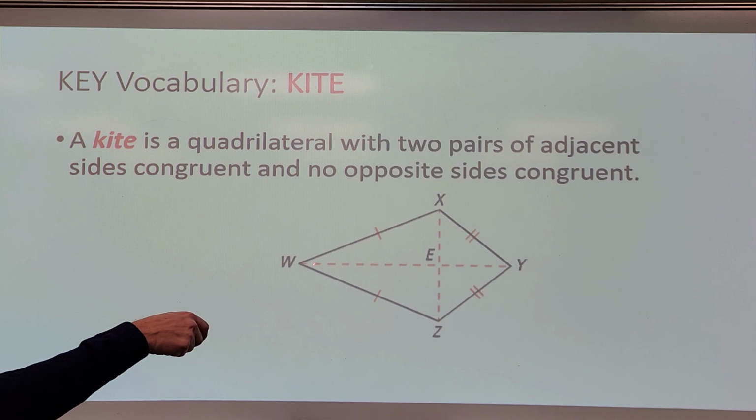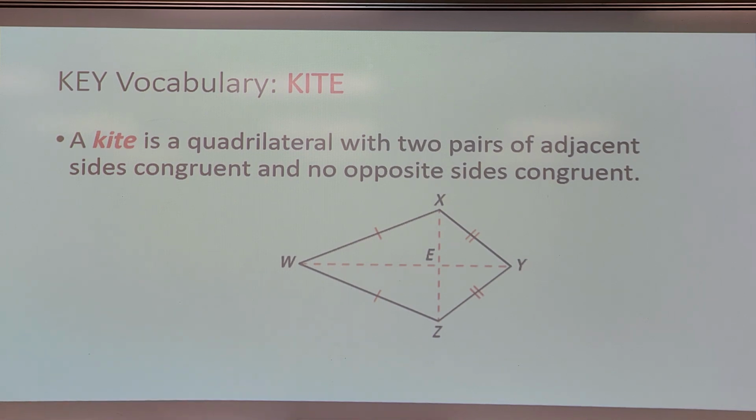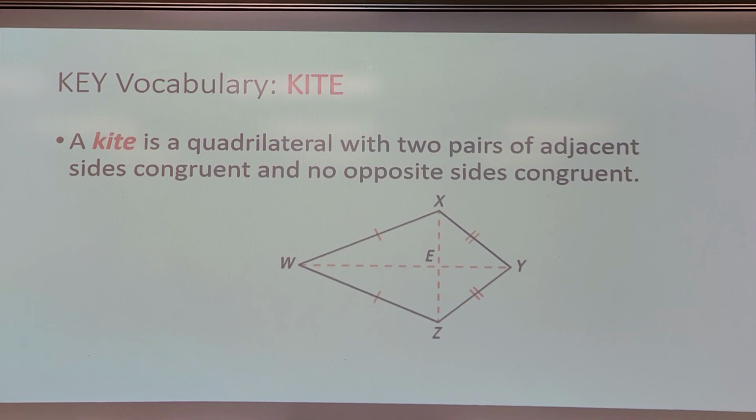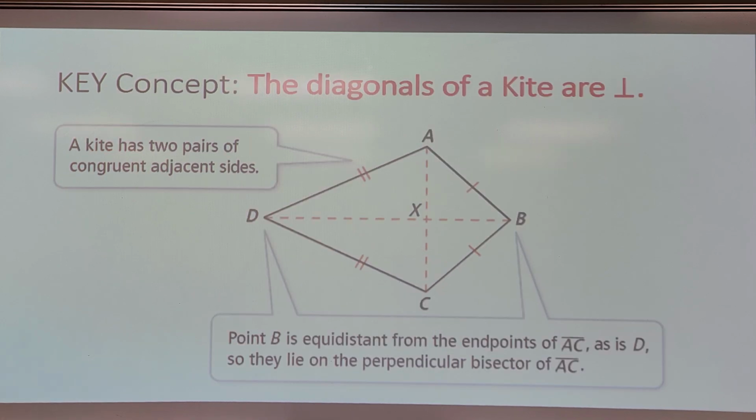We've drawn in these diagonals here just to let you know a little bit about the kite. You can probably tell that those diagonals look perpendicular, and that is the case. A kite has 2 pairs of opposite sides that are not congruent, 2 pairs of sides that are congruent, and what I want for you to recognize is that this is equidistant from those points, and D is equidistant from